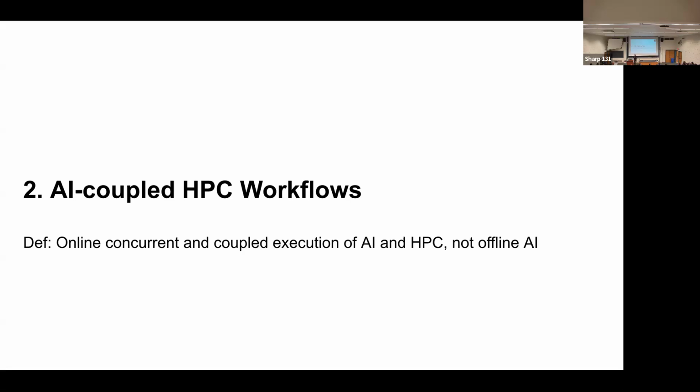You are now talking about the concurrent execution of traditional simulation, lattice Boltzmann, molecular simulation, CFD simulations, choose your traditional simulation, and you've got AI happening together, running together. Importantly, the AI is influencing the simulation, and the simulation is influencing the AI, coupled together. That is, this is online coupled and not offline. It's not that you do your simulations today, generate the data, come back tomorrow, train the model, come back 3 days later, and influence your simulations. No, this whole campaign is happening